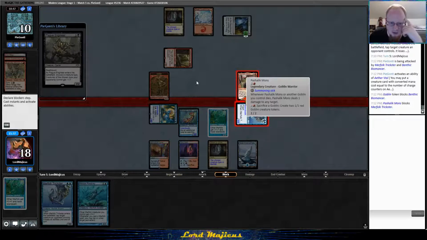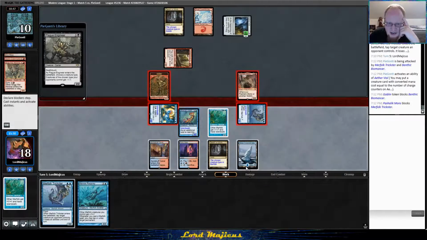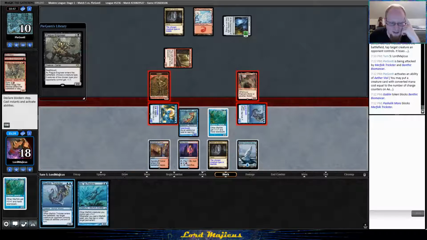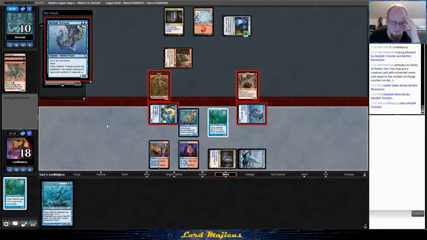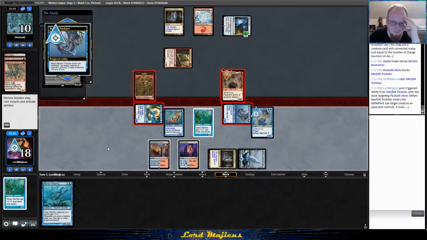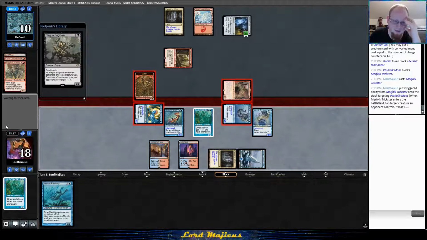Question is, do I want to use Benthic Biomancer right now? I could use the Biomancer adapt first and then do the Trickster. Because if I draw... Well, no, I have to... This thing... I think I just have to use the Trickster right now. I think this is the only line that really does it. Because I need them not to be able to ping off my Lord in response to the Plague Engineer, so...